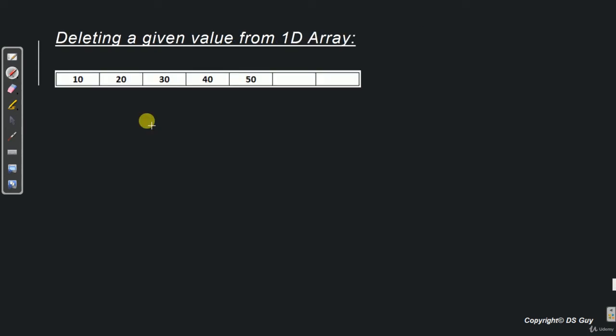Okay, so the next topic is deletion of a value from a 1D array. Now this is a little interesting, and the reason is that practically speaking we can never delete any value from an integer array. The reason is this cell cannot be blank. There has to be some value in it. By default, the compiler inserts a 0 value here, but you can always give another default value, let's say -1